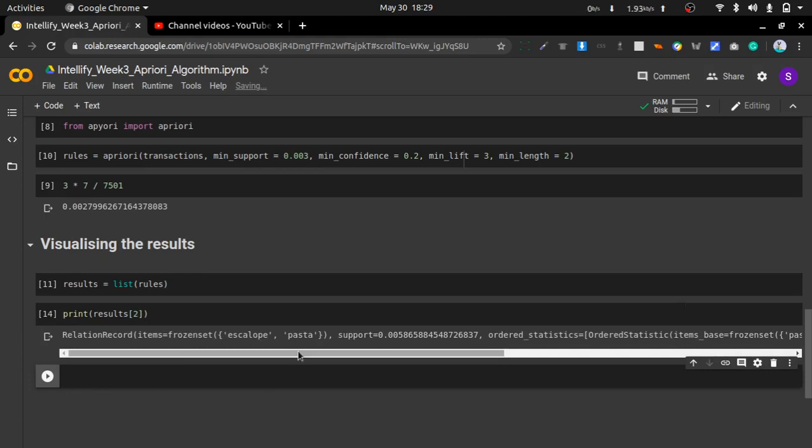The escalope and the pasta has a support of 0.005, and it has a confidence of 37%, okay. So whenever a customer buys escalope, they will buy pasta about 37% of the time. So from our model, the shopkeeper comes to know he has to put escalope and pasta side by side in his shop, so he will get the maximum benefit.